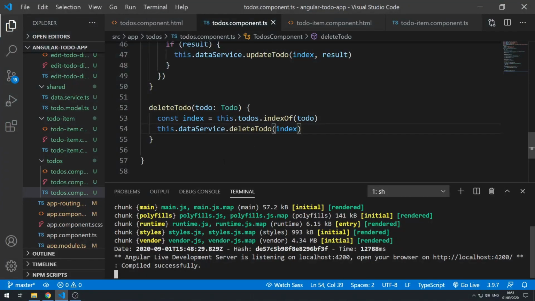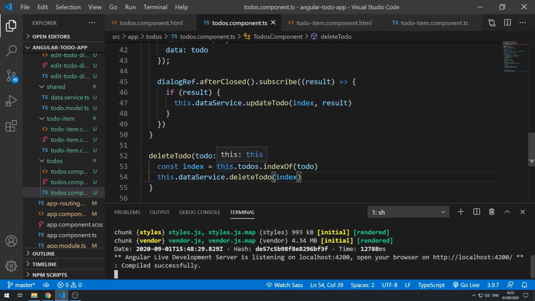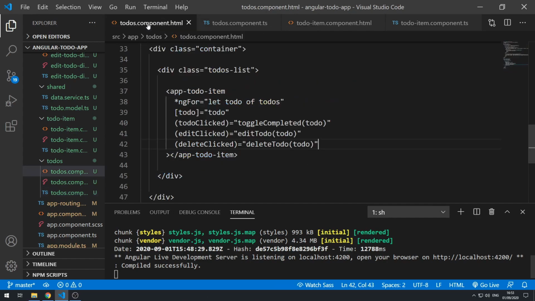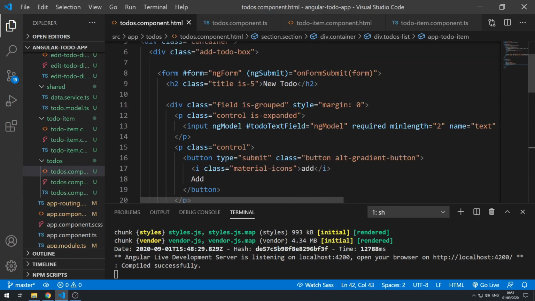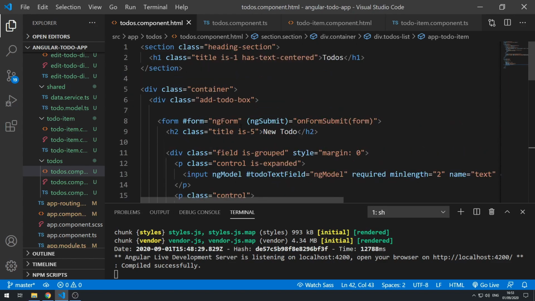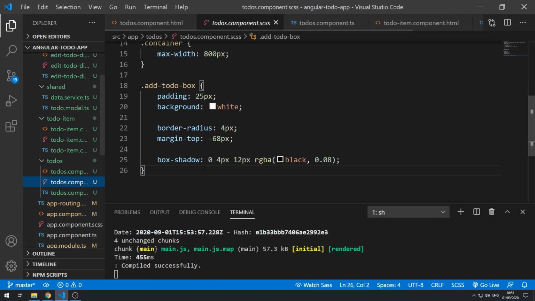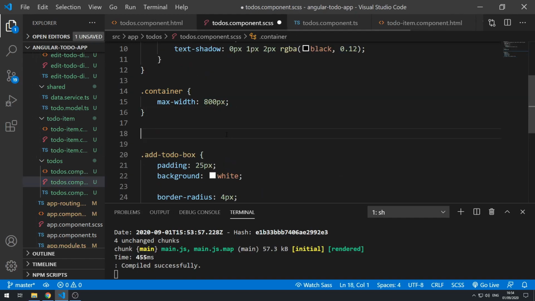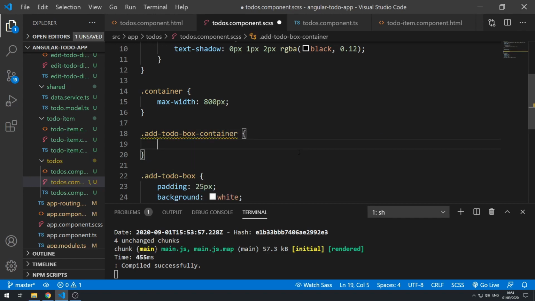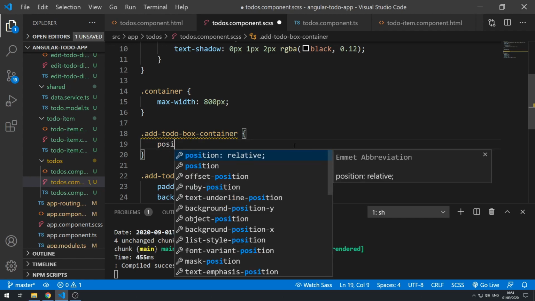Let's go back to the code and let's just make this a bit smaller and go to the todos.component.html template and let's go up here and we actually want to add some styles to this div here. So let's just give this another class. Let's call this add-todo-box-container, and let's save this, and then go to the style sheet, and do add-todo-box-container, and now here we want to set the position to sticky so that it stays stuck to the top. Okay, so let's do position sticky,